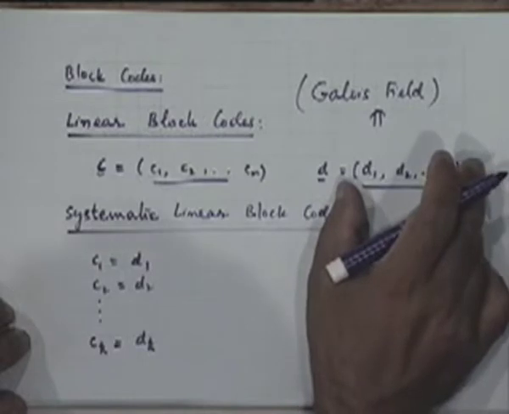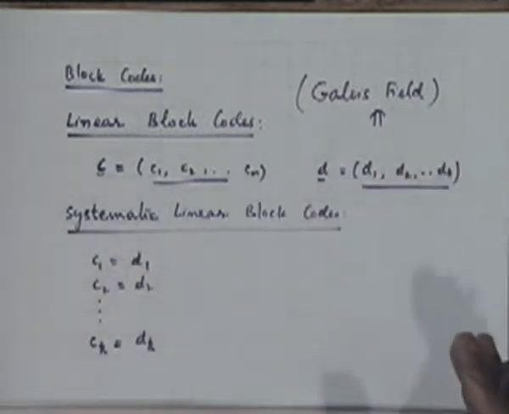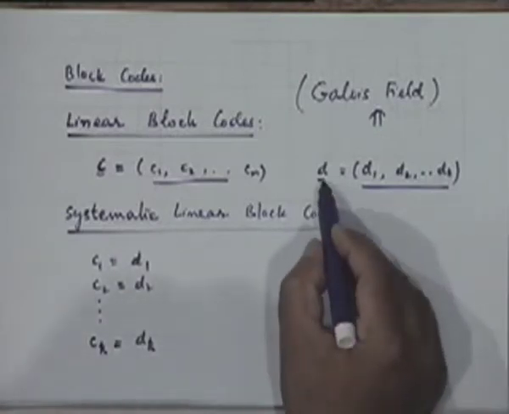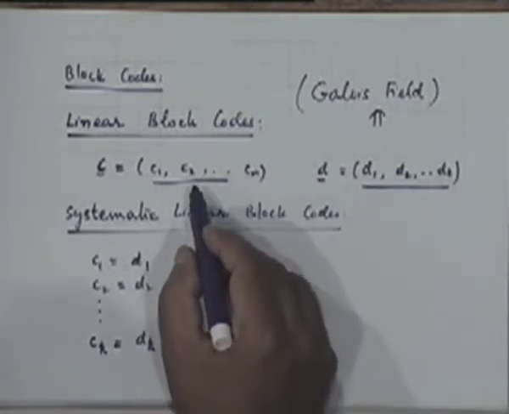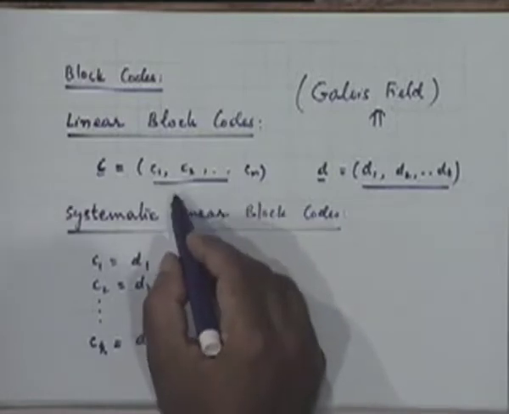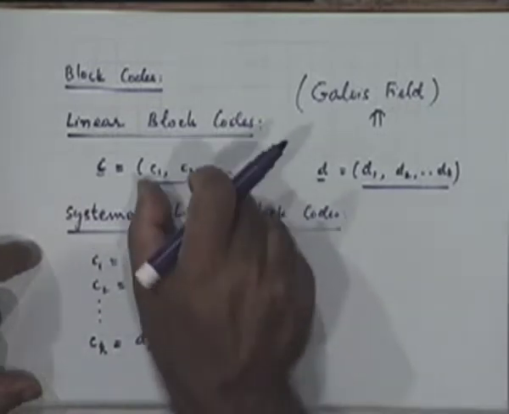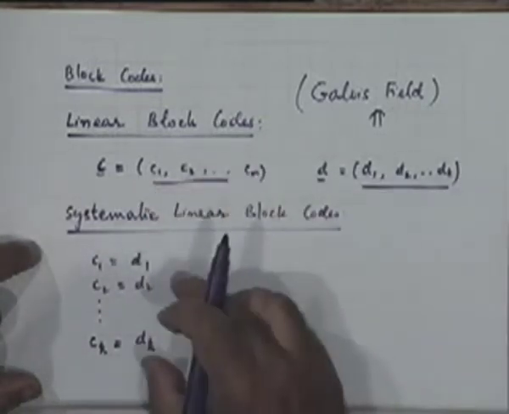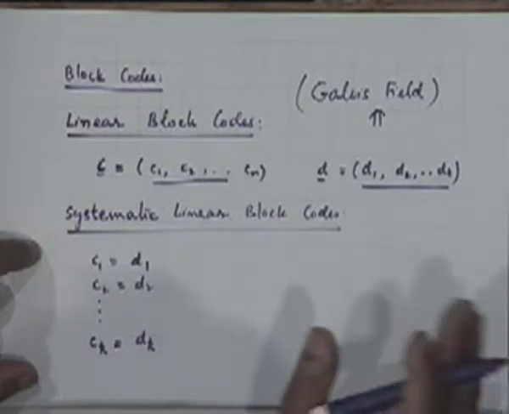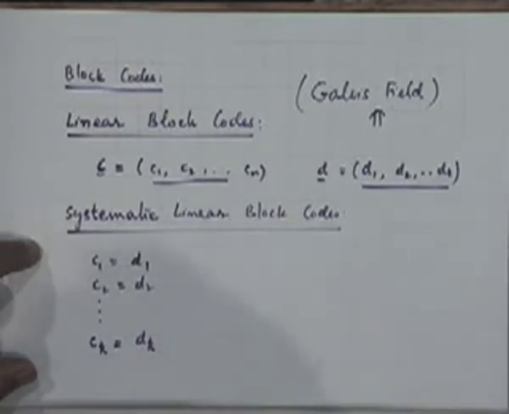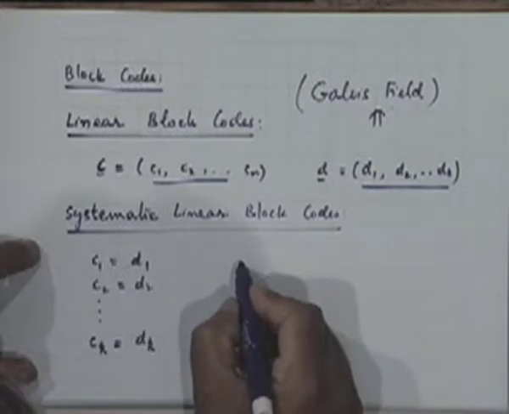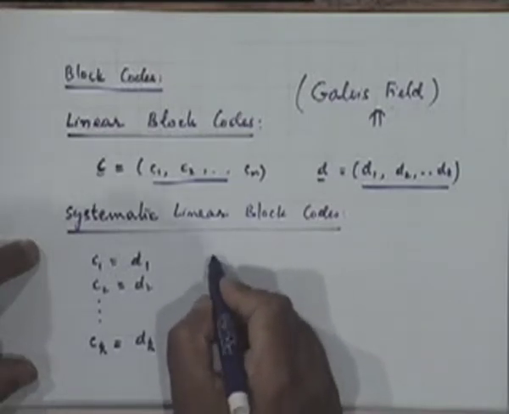which we are trying to encode. Mind you, this is the input to your encoder. The vector D is the input to your encoder. The encoder is a mapping device which converts this k bit input sequence to an n bit output sequence C. Right? The systematic linear block encoder will first produce the first k bits straight away in this manner. Practically no processing is required there. Okay. For the rest of them, it does the linear combination.